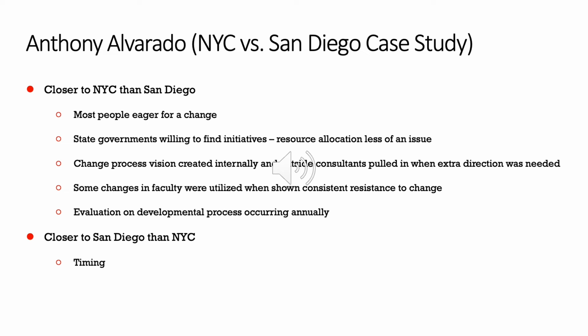So I had to talk about Alvarado, a very important case study, looking at New York City versus San Diego. I really think we were closer to New York City than San Diego, looking at the bigger picture. The only thing, again, was the timing, which I thought was a little bit closer to San Diego. We had to enact this curriculum quickly. And obviously, with COVID happening, we thought we would have more months together to really iron out things, and we had to do a lot of that from home. So maybe we needed to start it a year later, but there was money and politics tied to starting in 2020. But we worked out those details when we were able to get back to the office.